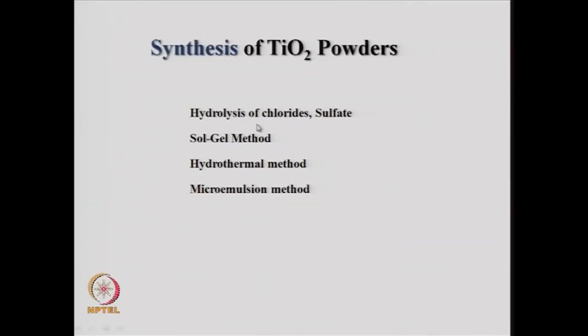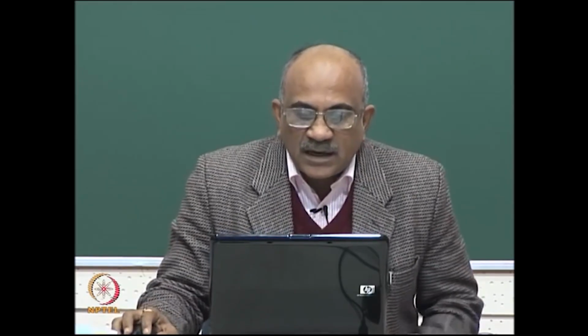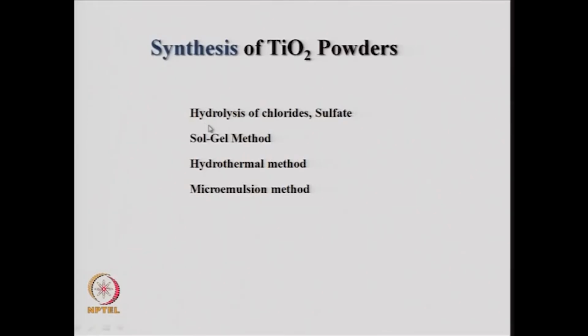Now, how do you make titanium dioxide if you have to make it in the lab? Titanium dioxide is of course available in nature also, but you want to make titanium dioxide in the lab or in industry in bulk quantities. So, how do you make titanium dioxide which is active, and hence you want to make the anatase form of titanium dioxide. So, people have found several methods like the hydrolysis of chlorides or sulfates of titanium salts, and they have